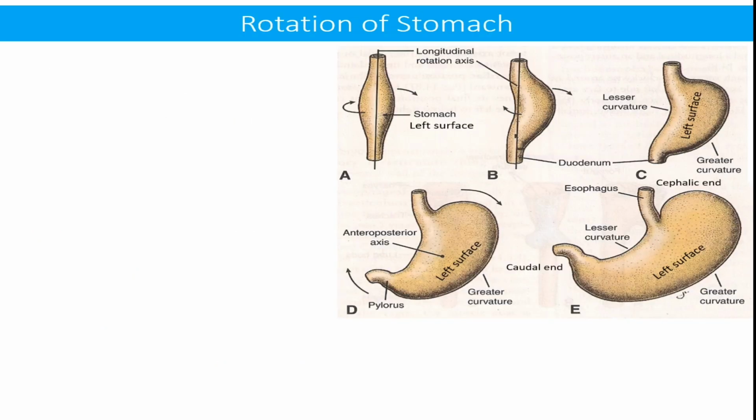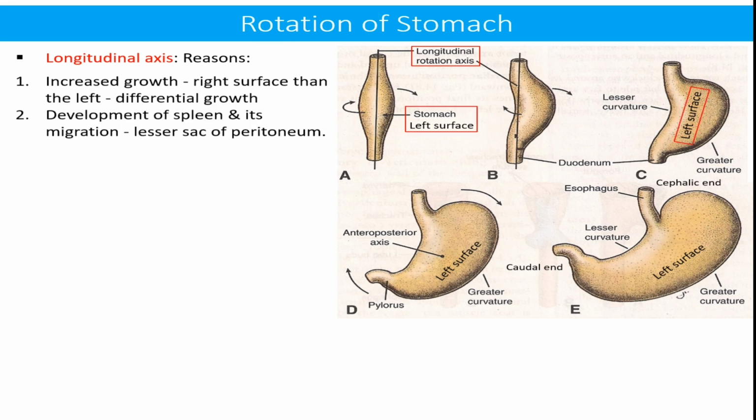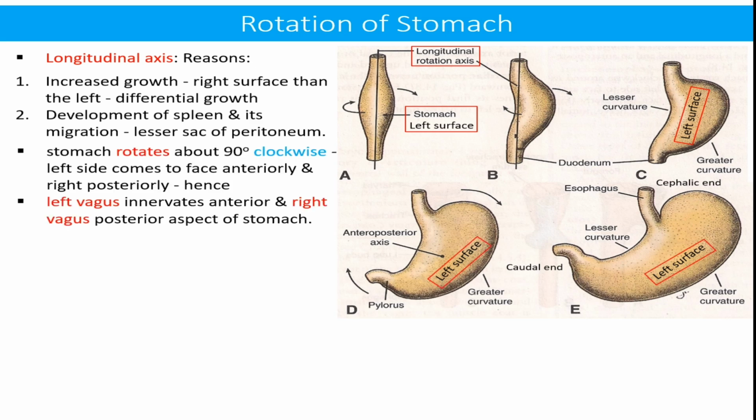The reasons for rotation of the stomach around the longitudinal axis are: number one, differential growth pattern with increased growth on the right surface than the left. Number two, development of the spleen and its migration towards the left, and production of the lesser sac